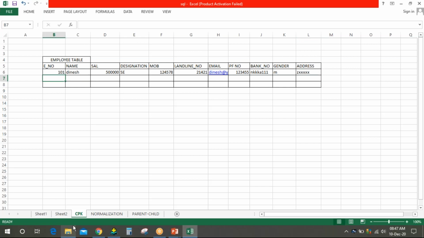This is general data. Before creating the table, we generally have software in the companies where they enter the data of an employee or data of anything. So let's take an example of data of an employee.